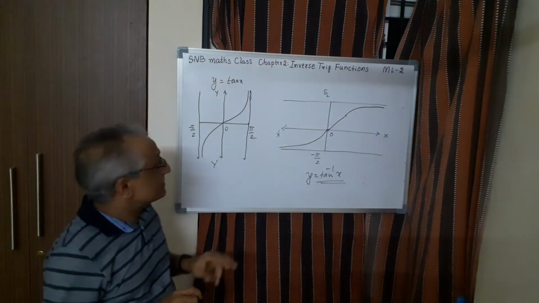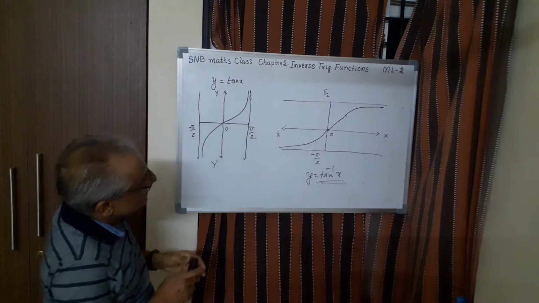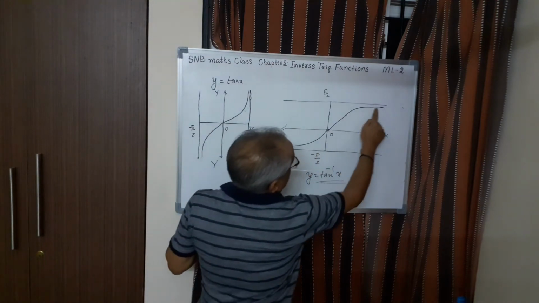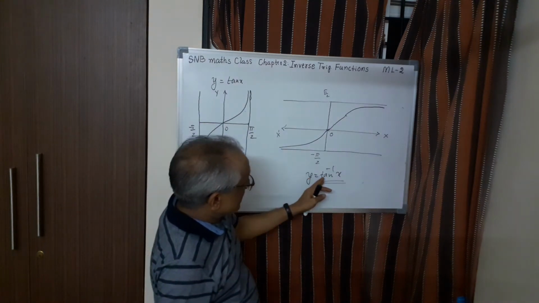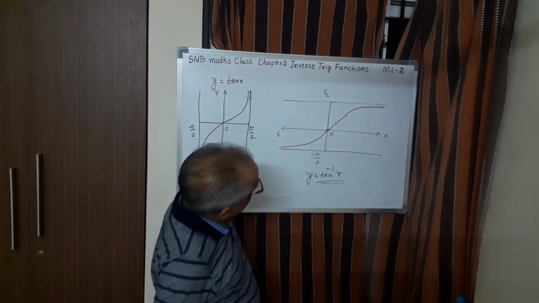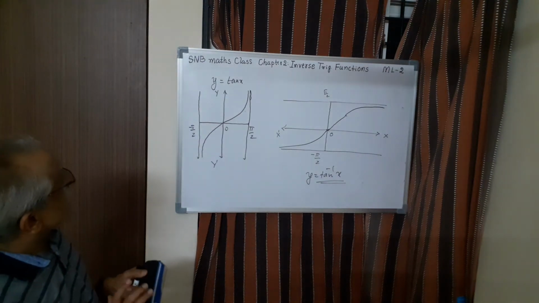increasing and decreasing function. Tan is an example of increasing function. This is going like this. And see here, this is also increasing function. The direct function y equal to tan x and y equal to tan inverse x, both are increasing functions. More about this we can study later. So this is all about the tan function.